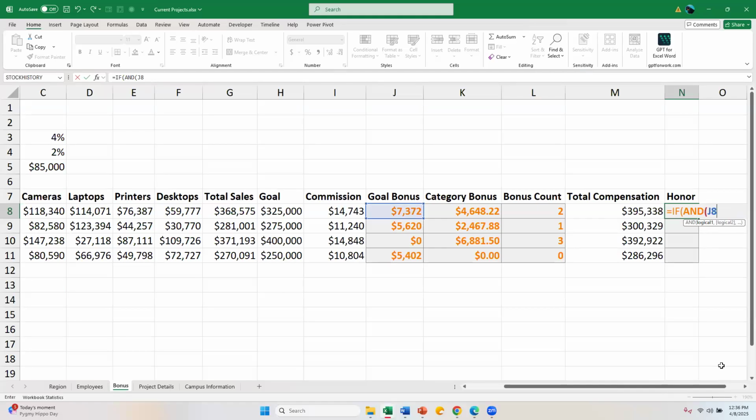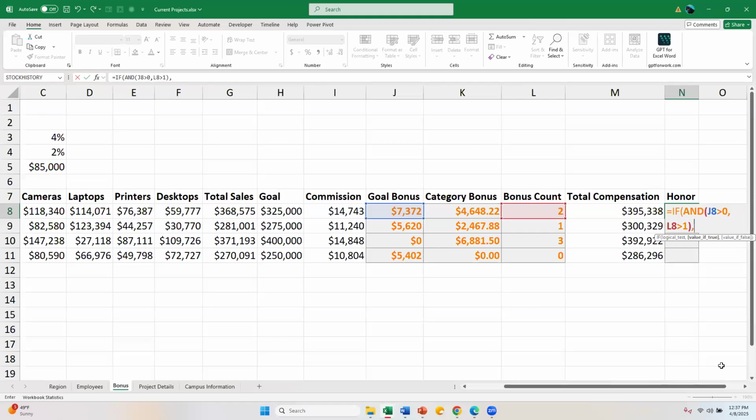So we're going to say is J8 greater than 0, comma. That's logic test 1. Logic test 2 is L8 is greater than 1. Right, close the parentheses, and then